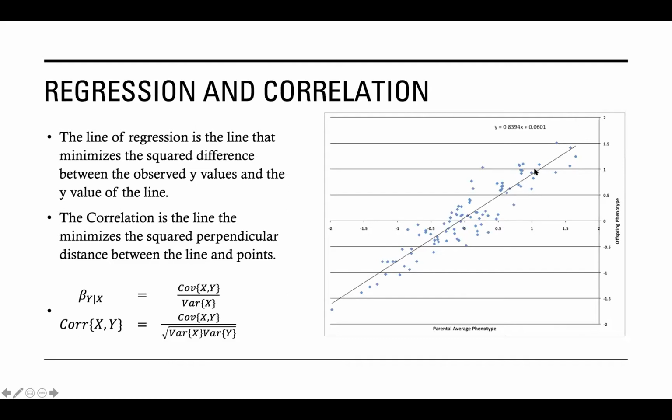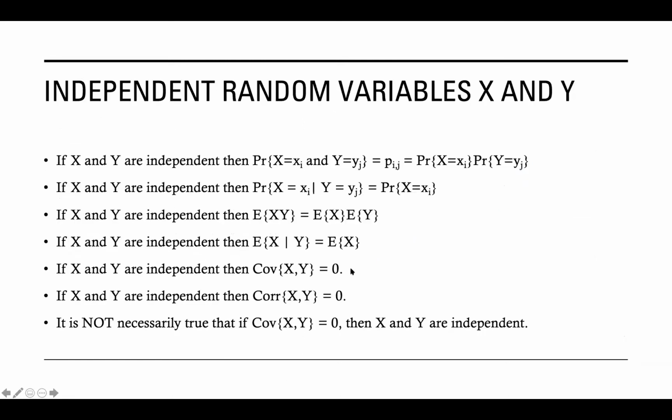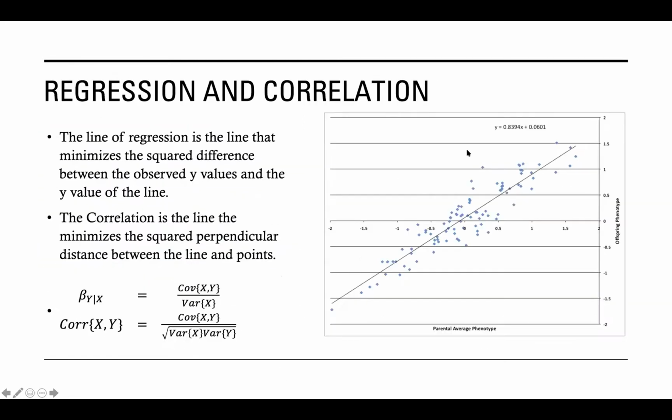That line has a slope. The slope of that line, which we'll often call the slope of the regression line, I'm going to call this the regression line. I'm not going to tell you why I call it the regression line until maybe week 8 or 9 in the class. But in week 8 or 9 in the class, you will fully understand why this is called the regression line. But this line that minimizes that distance, which we'll call the regression line, you can prove, I didn't bother, but